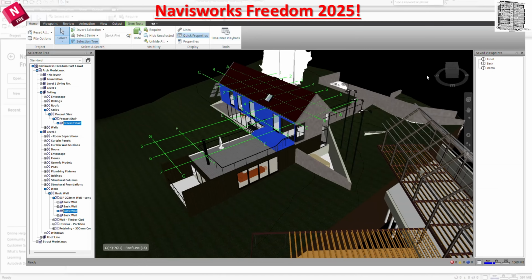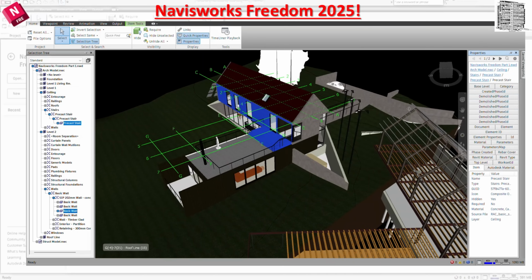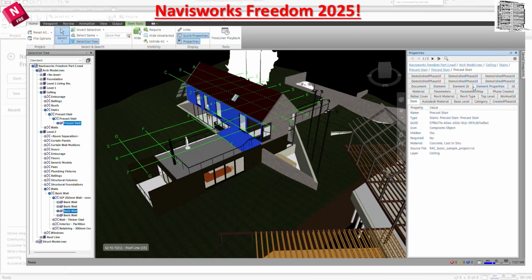Quick properties, if you have it on any set, you can go on items real quick, and it basically is going to give you what it is. So item name, which is basic wall, is going to give you exactly what it is, concrete. And then the property, this is the actual property tab that gets opened up on the side. It's a little bit changed, but basically looks more like a Revit